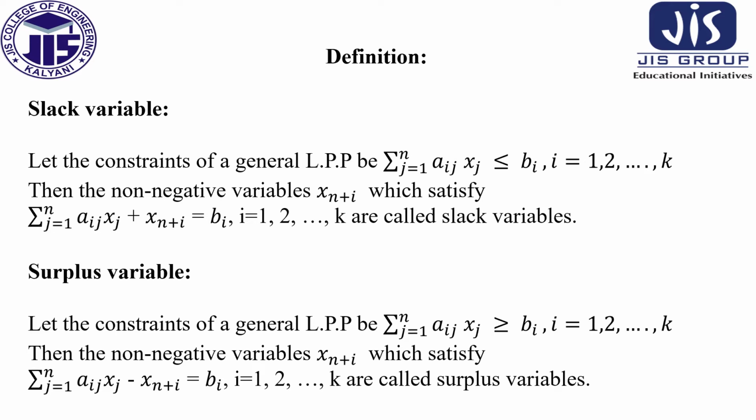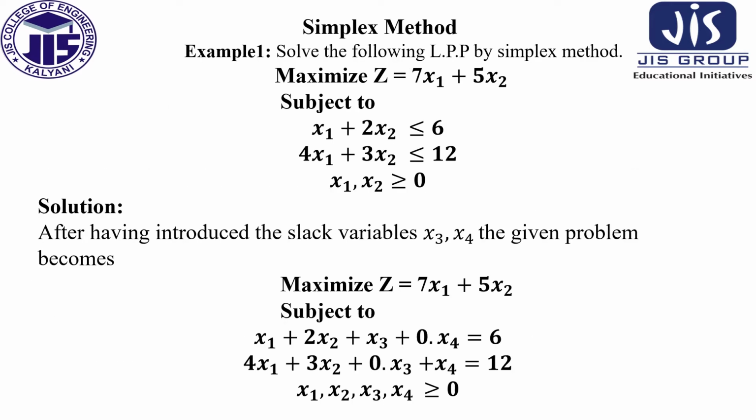That is, when one constraint with a greater than or equal to sign is present, make it into an equation; something we have to subtract from the left hand side to make it equal to the right hand side. The something that we are subtracting from the left hand side is known as the surplus variable.